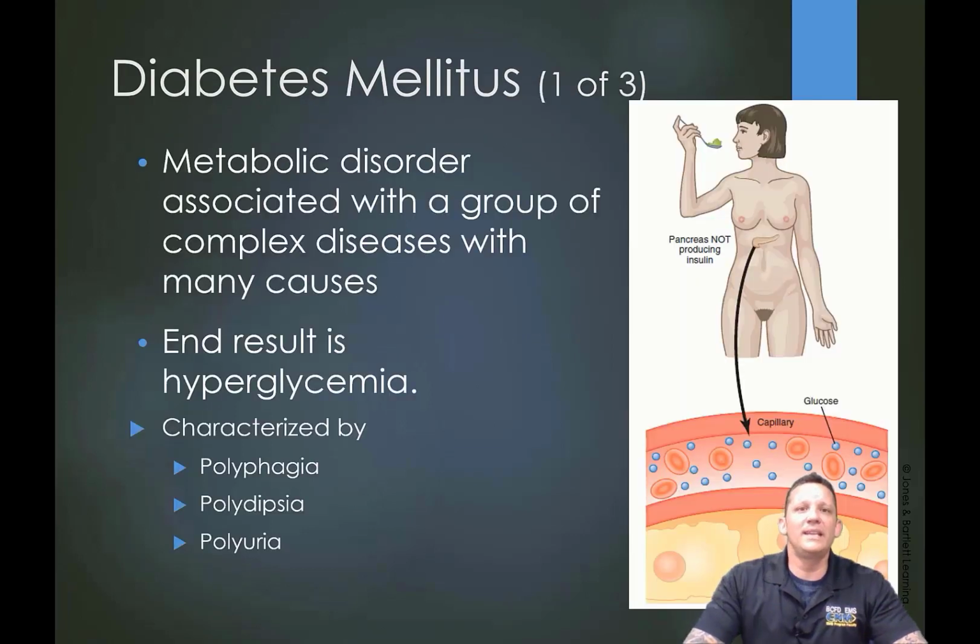Now we're going to roll into diabetes mellitus, and that's a metabolic disorder that is associated with a group of complex diseases, and there are several causes to that. There's no one specific that's the catch-all for everybody, but in the end result, you have a person who is not producing quite enough insulin, and so the end result is hyperglycemia, and that means that the glucose is trapped in the blood system,